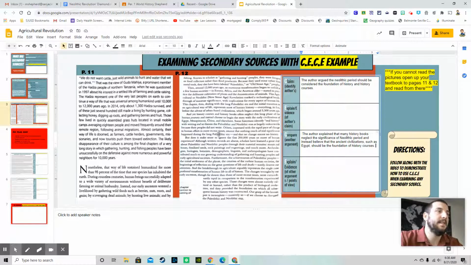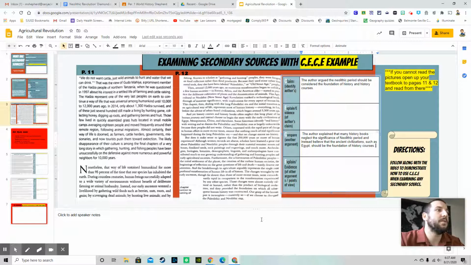Now let's see what the author says after that. But does it make sense to ignore the first 200,000 years of human experience? Although written records are absent, scholars have learned a great deal about Paleolithic and Neolithic peoples through material remains, stones and bones, fossilized seas, rock paintings and engravings, and much more. Archaeologists, biologists, botanists, demographers, linguists, and anthropologists have contributed much to our growing understanding of gathering and hunting peoples and